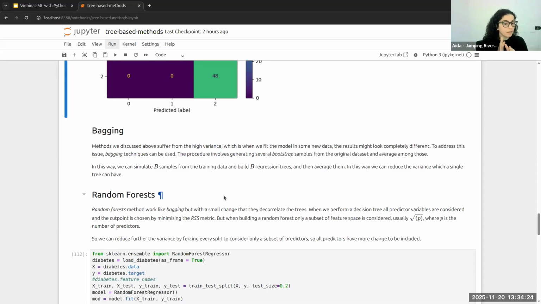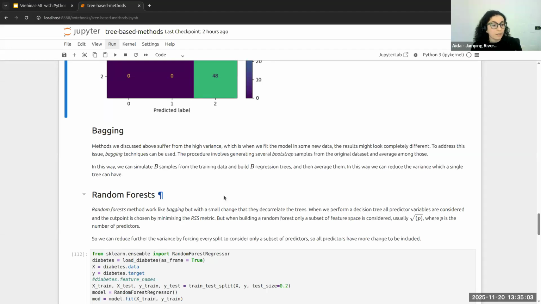Bootstrap is a quite well-known technique in statistics, and it is used to generate samples from the observed data and use these samples to make some estimate of interest. Rather than just having a point estimate, I have got an interval, so I can give an idea of the range of values that the point estimate could have. The same idea is followed in the tree-based method setting, because instead of fitting a single tree to the observed data, I can build many samples using bootstrap and then fit a regression or classification tree on each of these bootstrap samples. As an output, I can produce an average tree among those trees, and this way the performance of the models improves quite a bit.